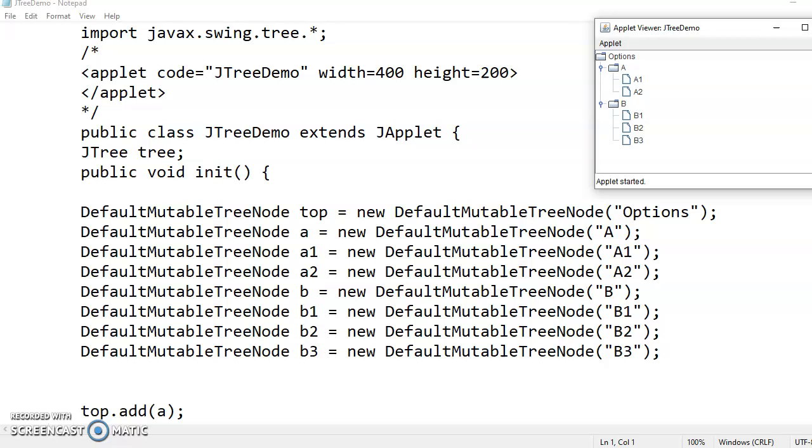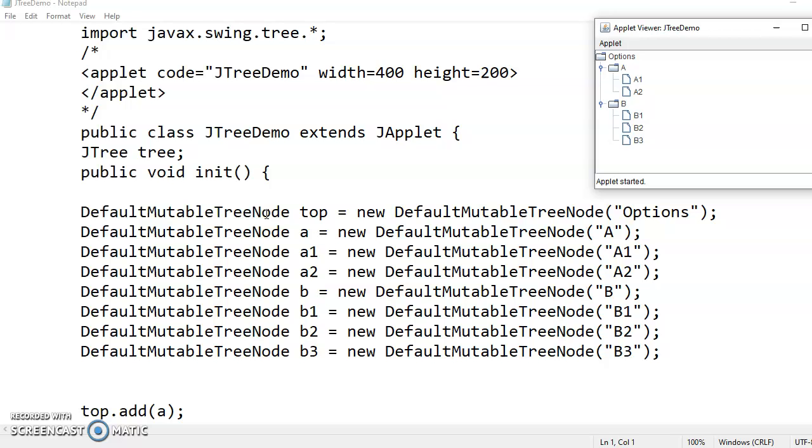How many nodes? Here in this case you need to create 8 nodes. To create each node you want to create an object of default mutable tree node. So how many objects will you be creating of default mutable tree node? 8 objects, 1 object for each node.